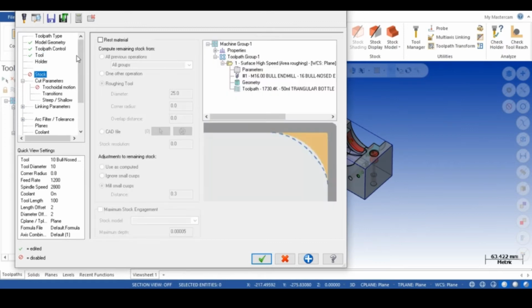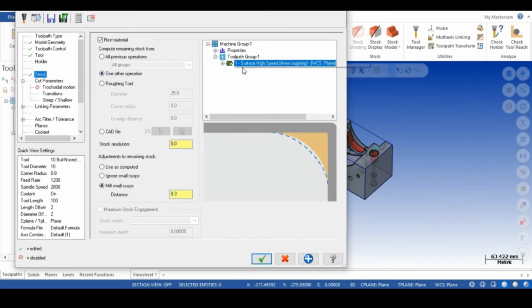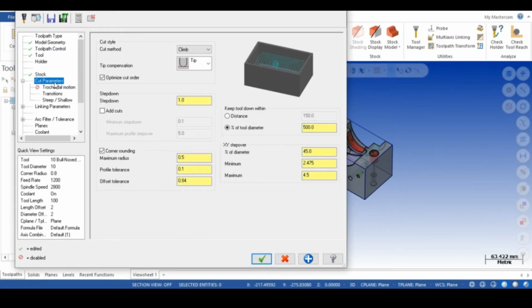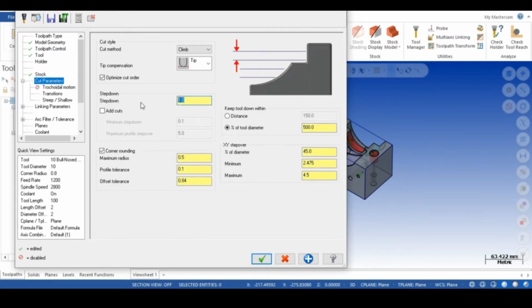Now for rest milling I will use the stock options. In stock operation, I have to turn on the rest material and select the one other operation, and I have to select this first roughing toolpath here. Next in cut parameters I have to mention the depth of cut.